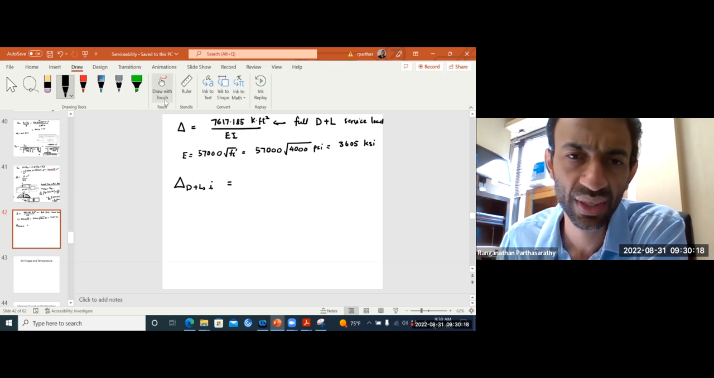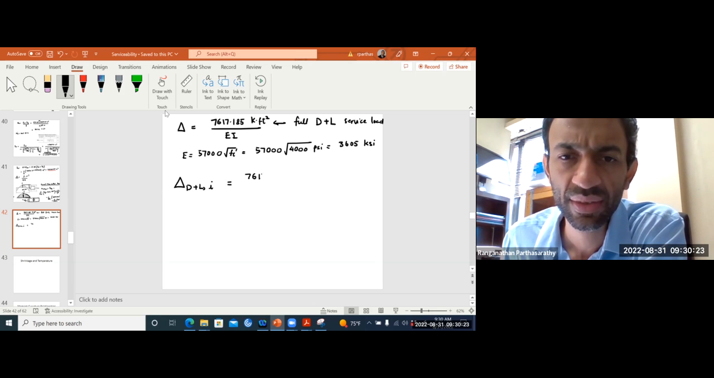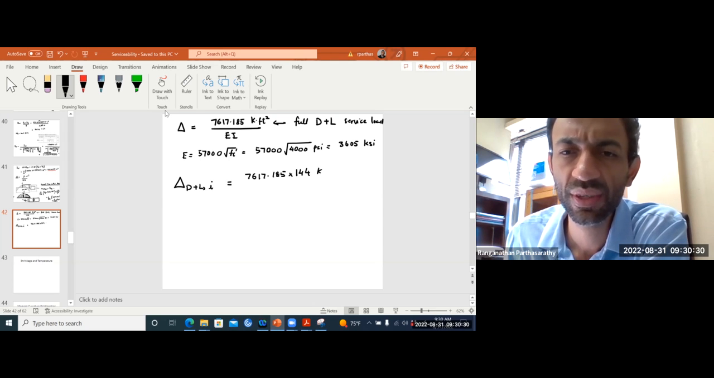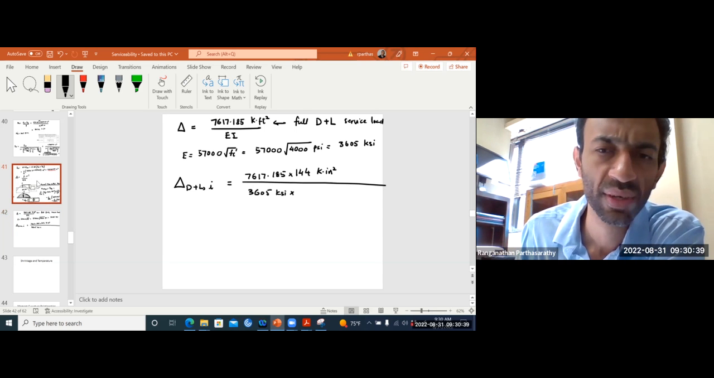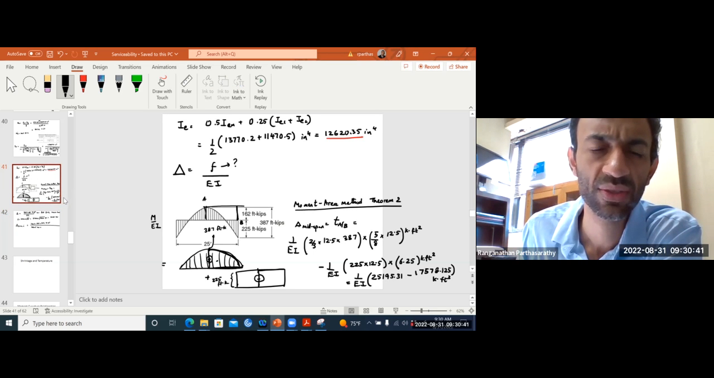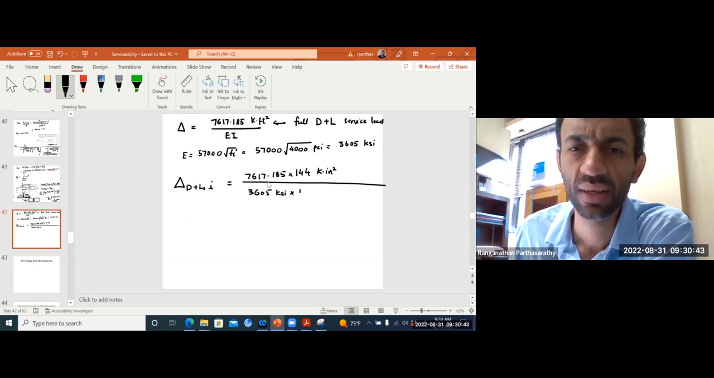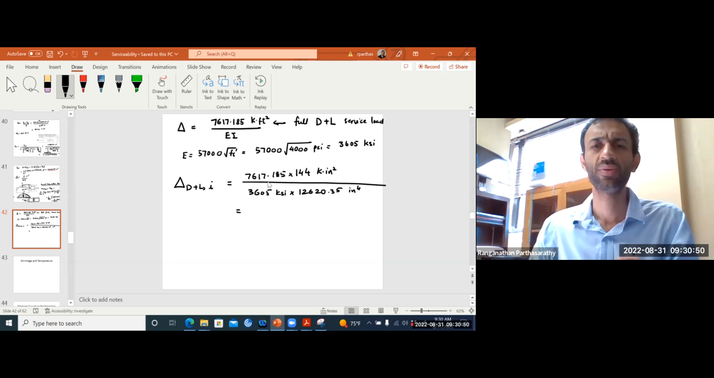So just for the instantaneous deflection, we will do it like 7617.185. So you multiply 144 to convert this to kip inch square, divided by your 3605 KSI, and then you use our effective moment of inertia, 12620.35. So as you can see, now you will get